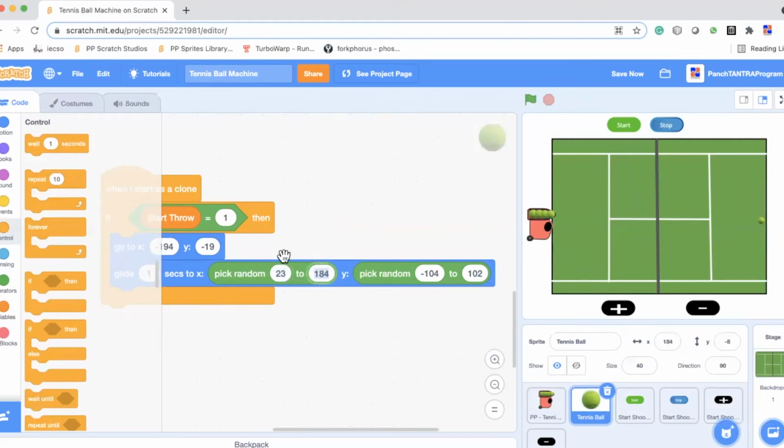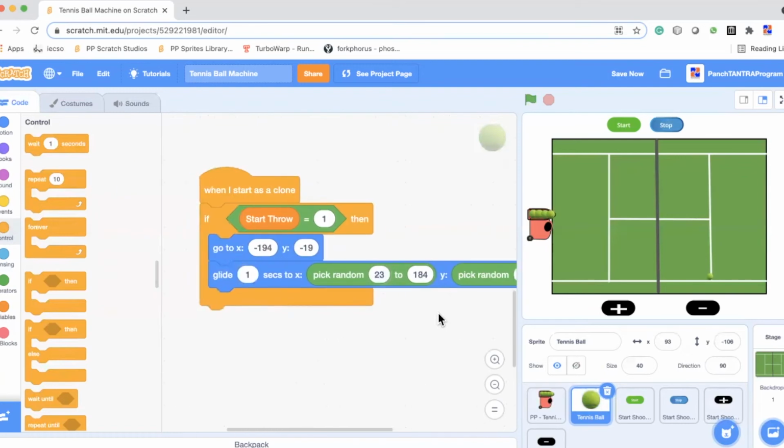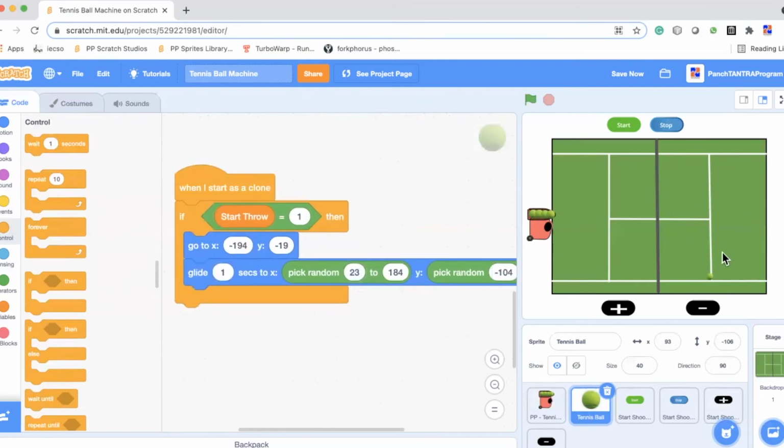So X is also always picked up between two of these values. You do the same thing with Y. So you want the ball to be anywhere between this and between this. So these are the two Y values you write here. So this will ensure that your ball is coming here. Now, once you attach motion to this, or you attach some more controls here, now once this code is done,